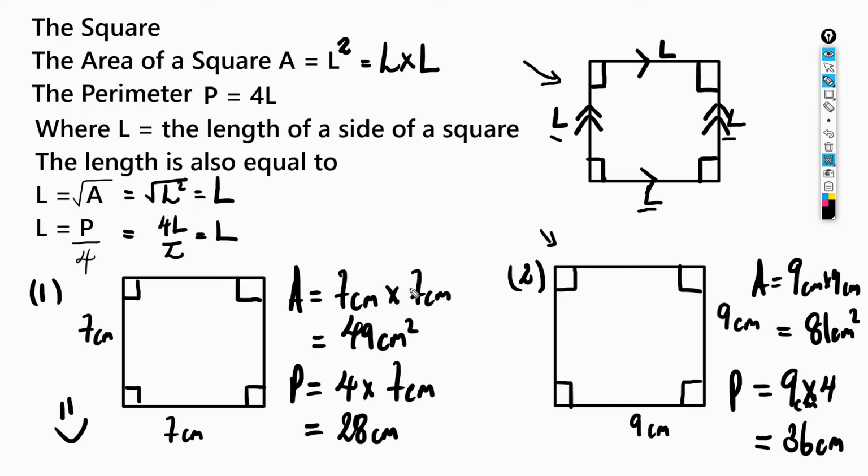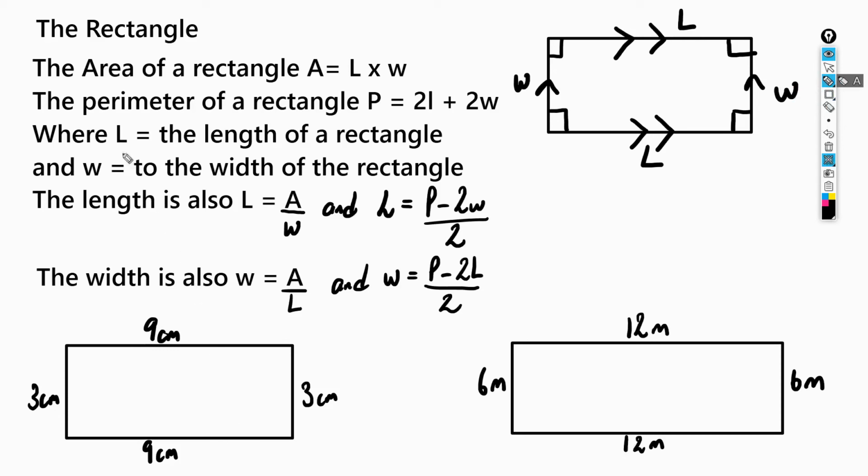All right, guys, awesome. So we're looking at the rectangle now, and the rectangle is pretty different from the square. We have a length and we have a width, and the length is usually longer than the width. The area of a rectangle is equal to the length multiplied by the width, and the perimeter of a rectangle is equal to 2 times the length plus 2 times the width,